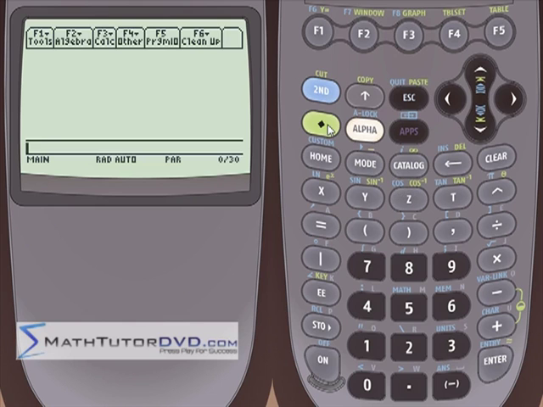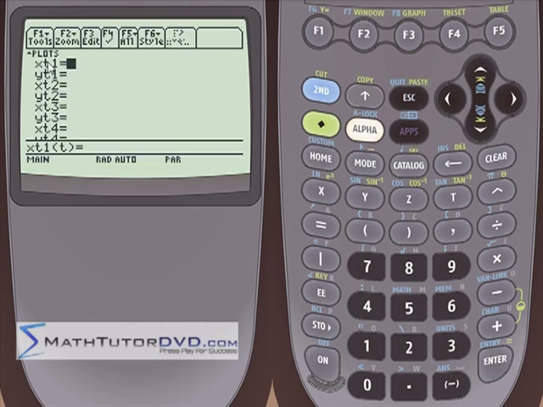So if we go back to y equals like this, notice we do not have y1, y2, y3, y4. We have something a little bit different. We have xt1, yt1, xt2, yt2, xt3, yt3. Basically, for every parametric equation that you would like to plot, you're going to have two functions. And you should really think of it this way. I cannot give you a full lesson in parametric equations here while we're looking at a calculator screen. But basically, instead of y being a function of x, what you do when you parameterize an equation, or if you plot a parametric function,